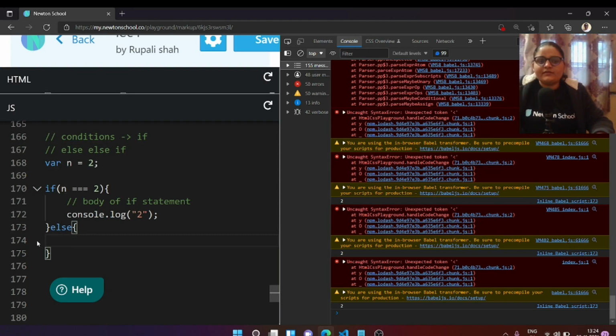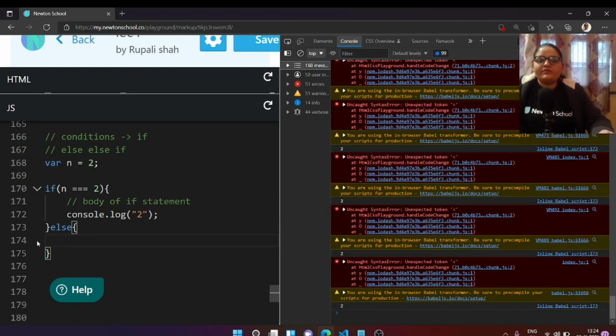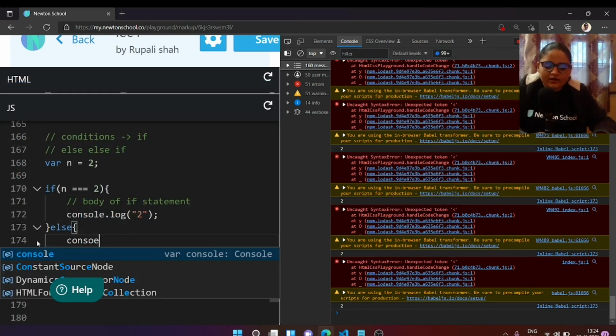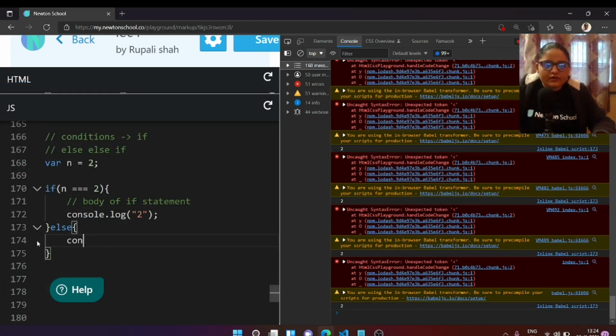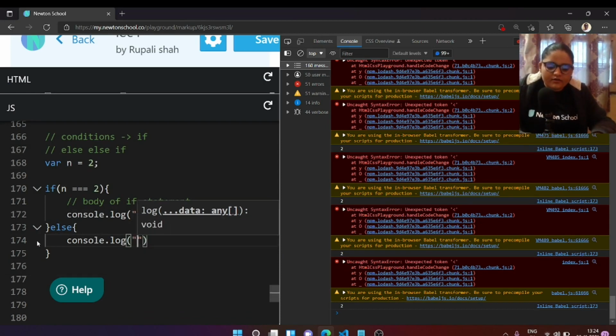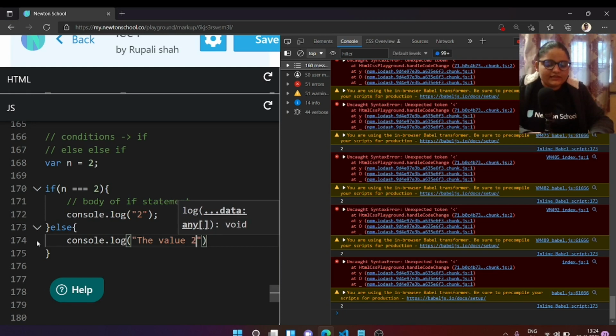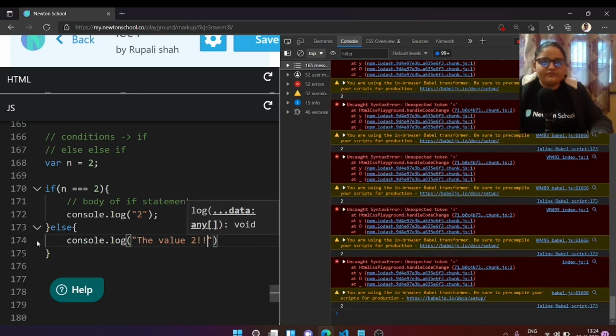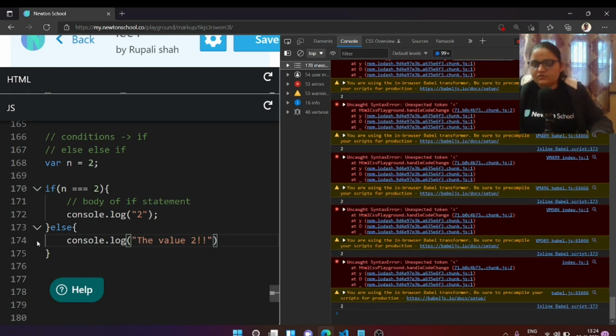Suppose my statement is not true, my variable value is not 2, then else you can console log that the value is not true. So you basically need to tell the user that they didn't input 2, and here we are hard coding.